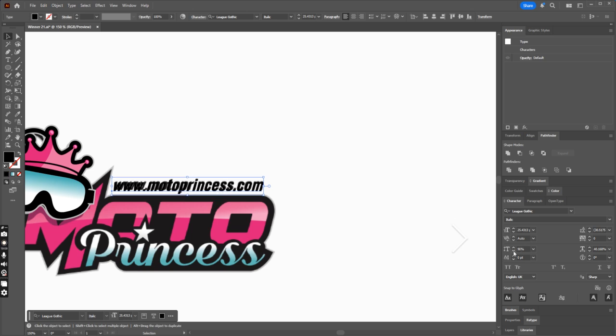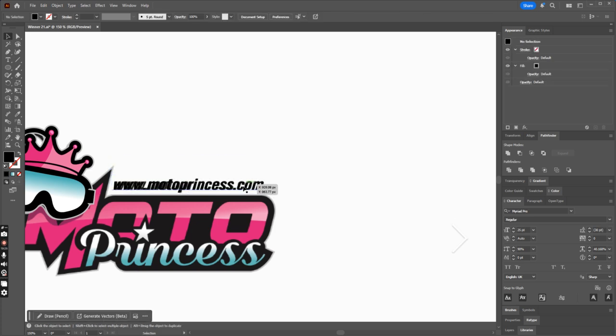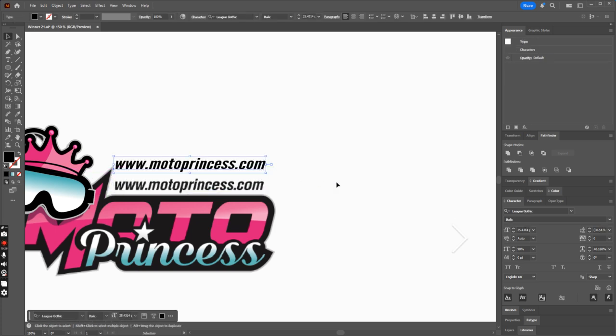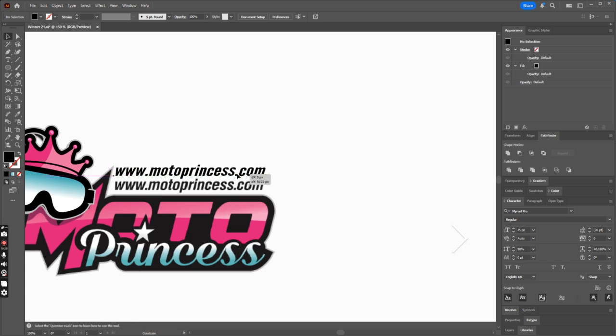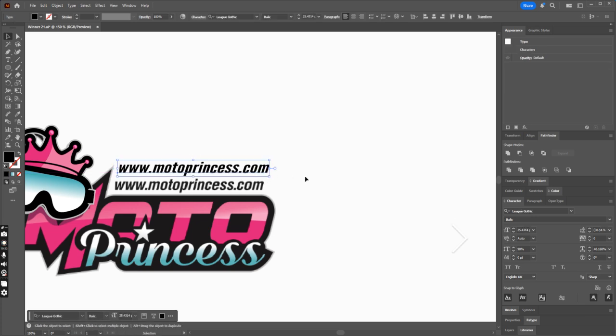You can also decrease some vertical scale from here to match the main design, and we have not found the main font, but we have found something closer to that, so we are going to use this font